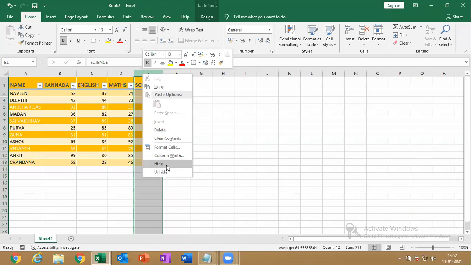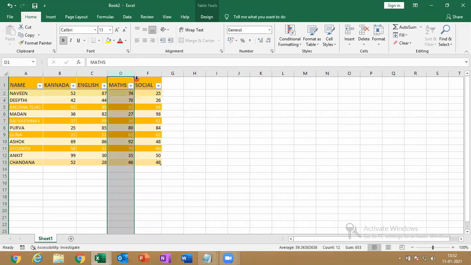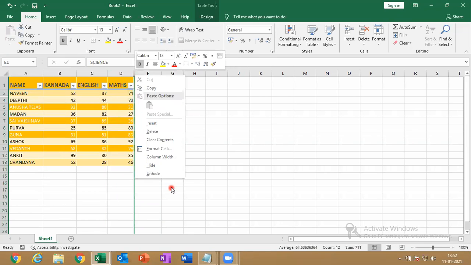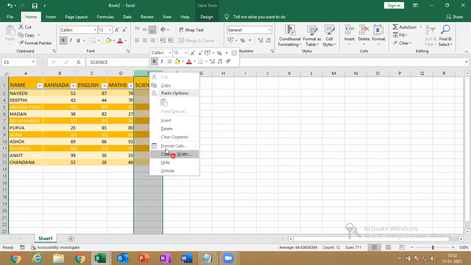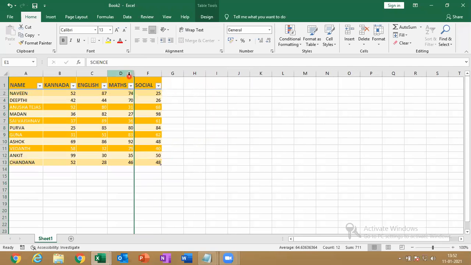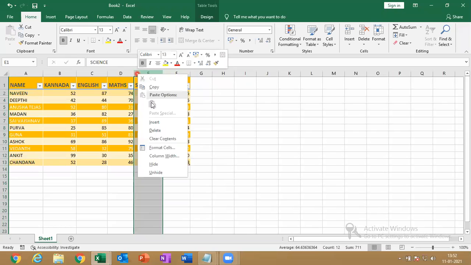Again I will hide, and right click, unhide. You have to do it exactly, or else it will not come. See. So the easiest method is to double click here in the exact location. It will be easy.